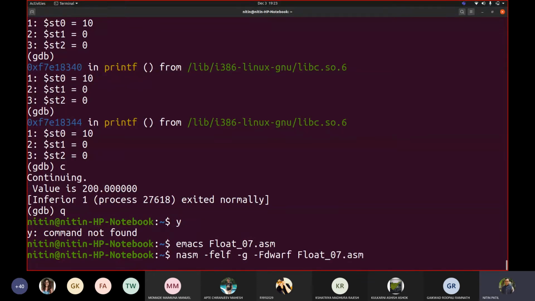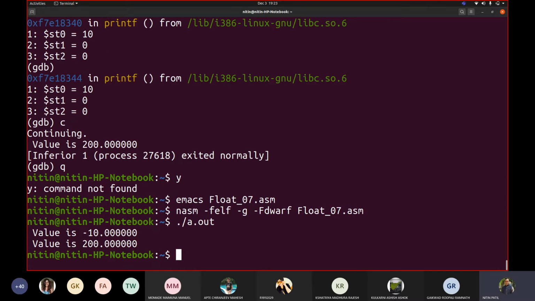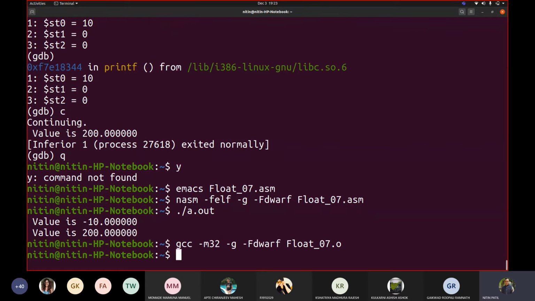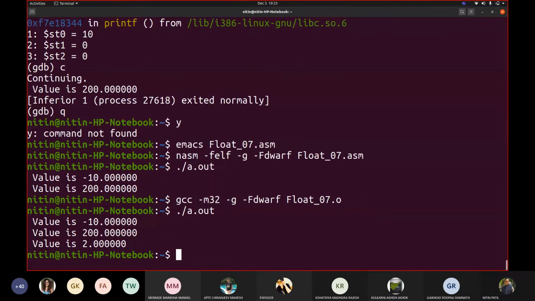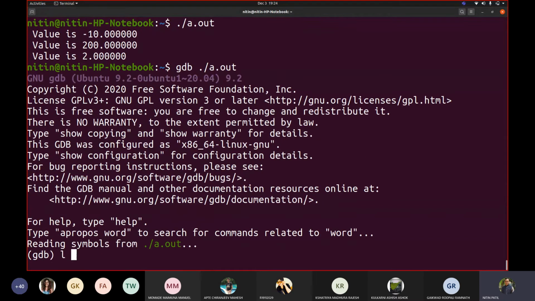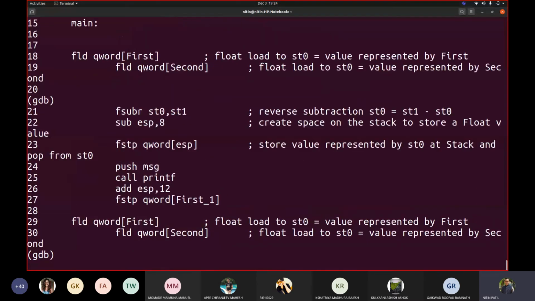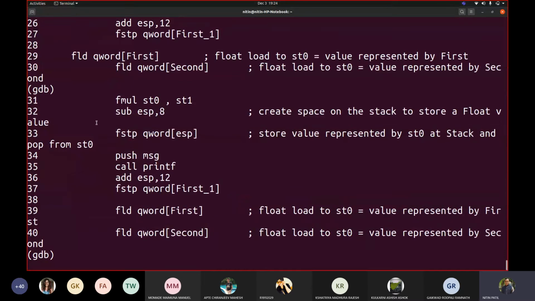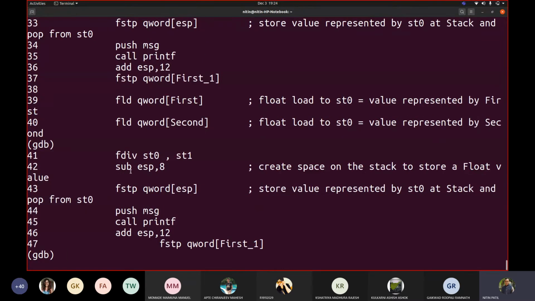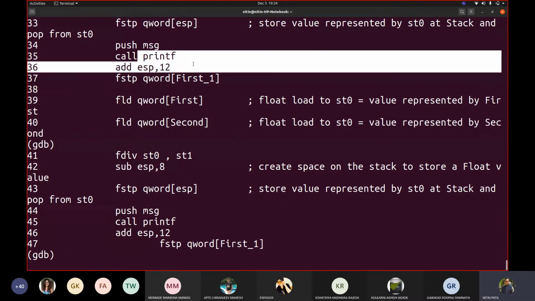Let us write gcc. Sorry. nasm, gcc, execute. Fine. Now let us debug this. gdb ./a.out. Now if we see, we already saw multiplication, correct? Where is the multiplication line? The line number is somewhere here. So we will reach this line number 39, because this prints multiplication above. So this will give us div. So we will write b 39, breakpoint 39.